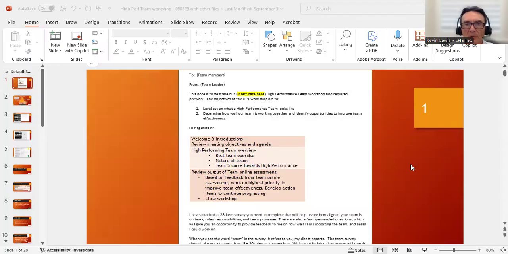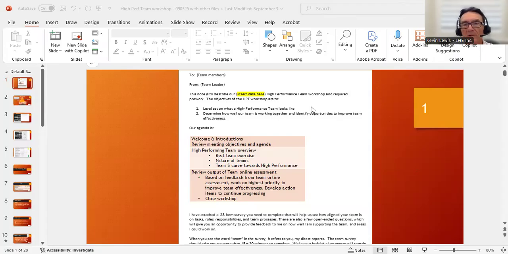Let me go ahead and share my desktop here. I have all the documents that you have downloaded in one PowerPoint to make it easy for the presentation. Assuming you're a facilitator, consultant, HR person, or even a team leader, the first thing you have to do is send out an email to the team about what we're going to do.